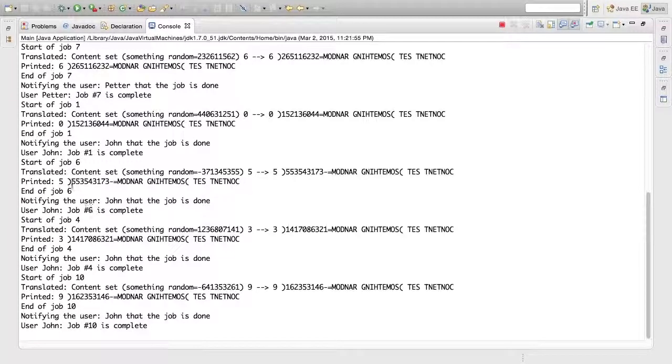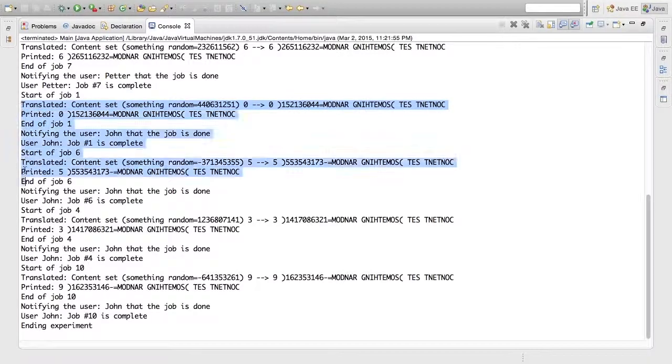So we changed a single line in the printer implementation, and it changed the behavior of the printer queue. And notice that we now managed to separate out the concern of prioritizing the jobs and queuing the job into this so-called strategy, which we now call a printer queue. I could imagine breaking out other concerns into strategies in the printer. Maybe the translation from the content string into a printer language could be a strategy. Maybe the way we notify our users could be a strategy, and so on. But I'll just stick to this simple printer queue because I want to illustrate a couple of other issues with